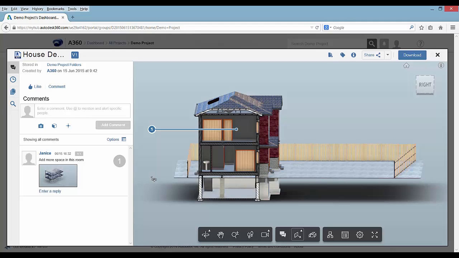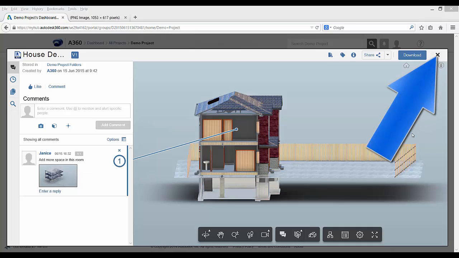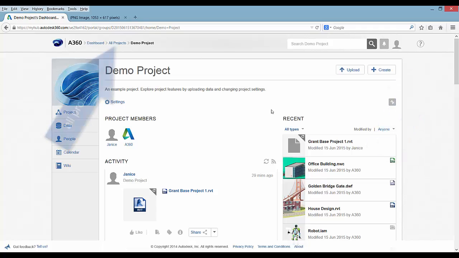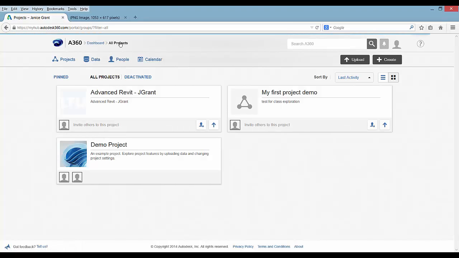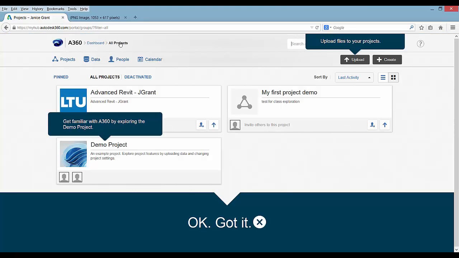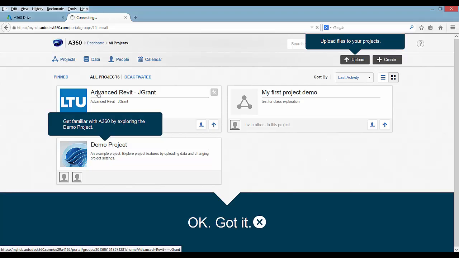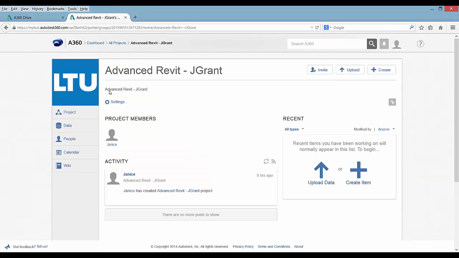So this is the perfect way to have a continuous conversation that's documented within the office environment. Let's go ahead and close out of this demo project, and then we'll pick all projects so that we can go back to the one that we created. You can click on that project that you created. Maybe you used your own image, but it has your name in it. Click on that one, and we'll upload a file, and you can invite me to come in and have a